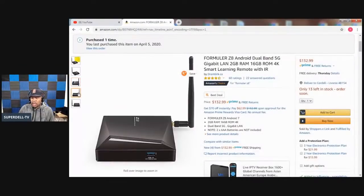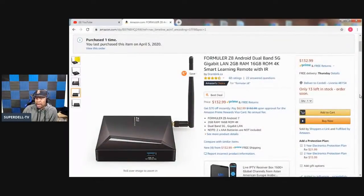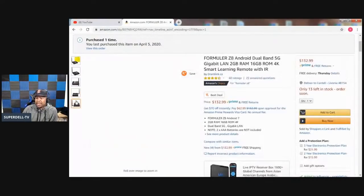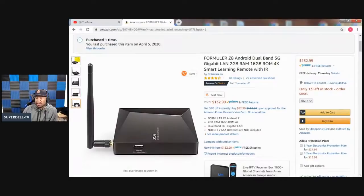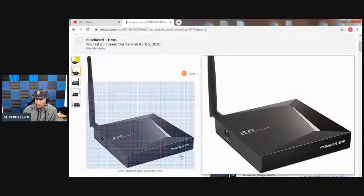On the other side of the box, on the right side when it's facing you, you've got this 3.0 right there. And again, on the face of it, no, that's the other side right there. On the face where it says Formuler, you have nothing. So with that being said, hold up, before we get into it,